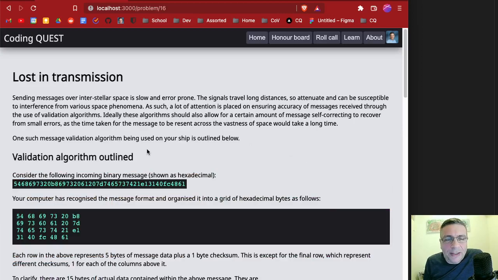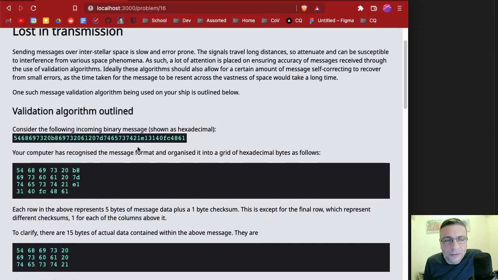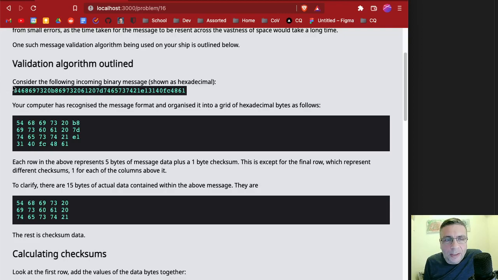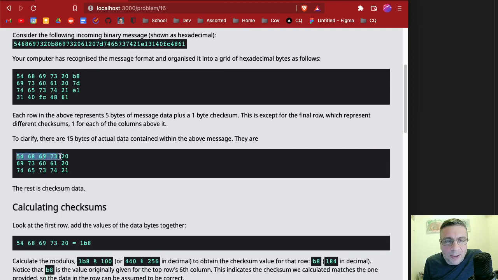Now, this was a validation algorithm question where, given a message string, we had to rearrange it into a two-dimensional grid where the bottom corner was missing and calculate where the error was in the message. So the message is in this part here somewhere, in this box basically,